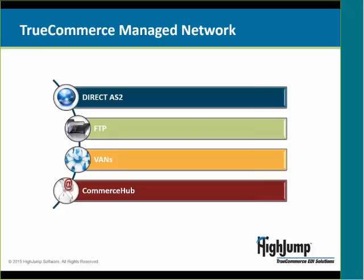With the True Commerce Network, you only have one touch point. We completely manage that for you in-house, and these are just a sample of some of the most common connection points, but understand that all of these are updated and maintained by True Commerce, along with the EDI mappings of those trading partners. So you can have different types of partners making different types of requirements, and understand that at True Commerce we'll be managing that network for you,